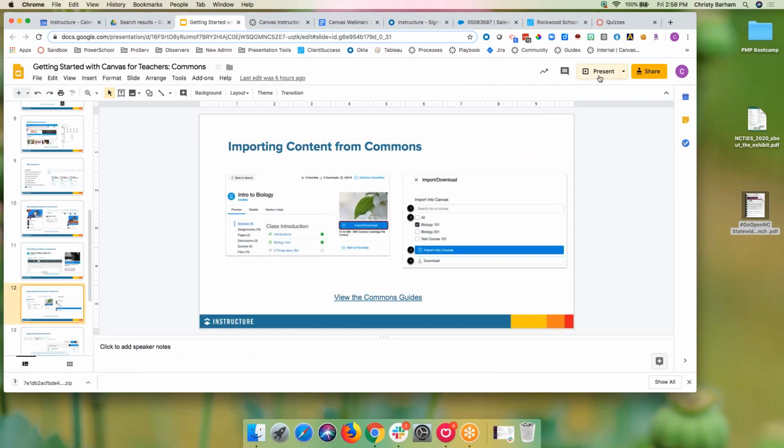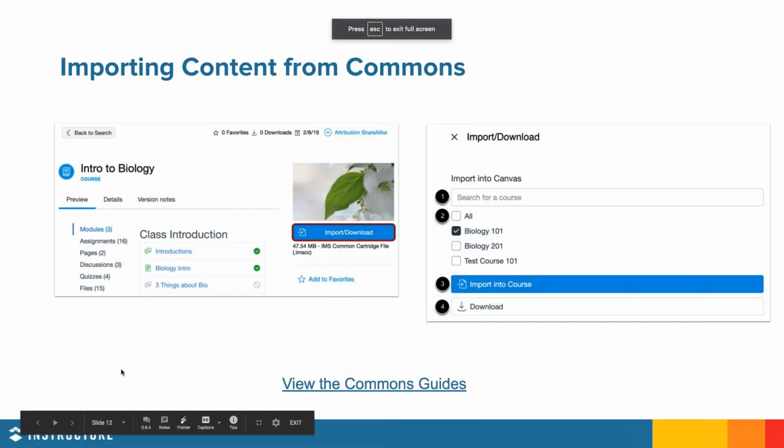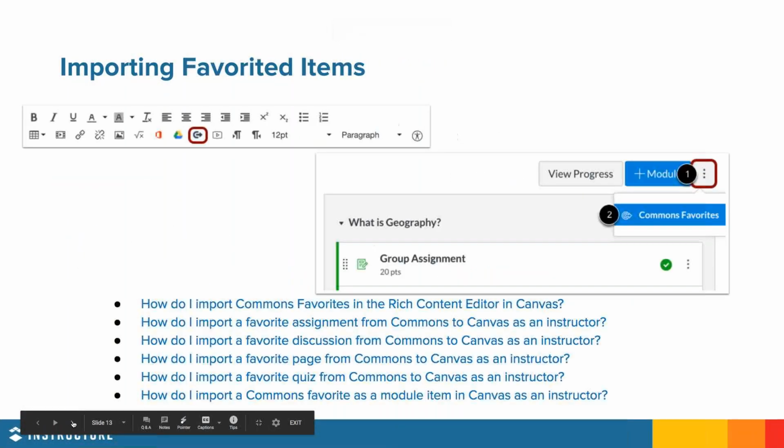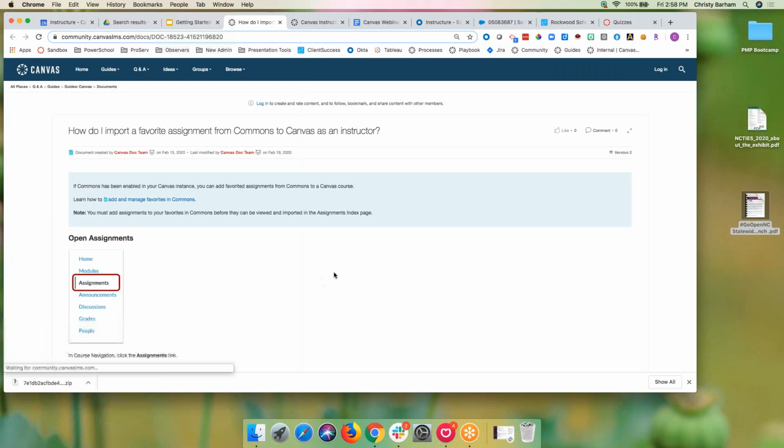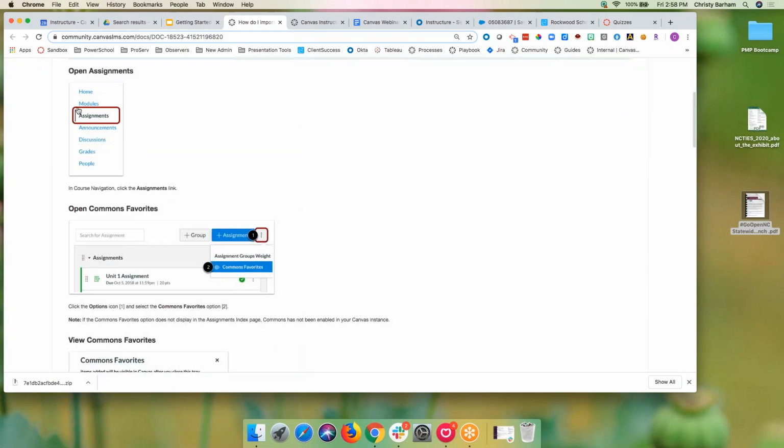So it's like your car when you're trying to demo something, you know, things never go right. So this again is a new feature, and it is acting a little buggy for me today. But all of the guides, so this is how you embed items into a page, or this is how, like from a module, you can actually add a full module. Go to Commons Favorites. All of the guides for how to do the things that I'm trying to show you how to do show up here. So I do apologize that we seem to have some bugginess going on this afternoon